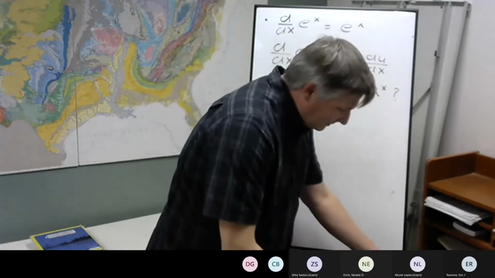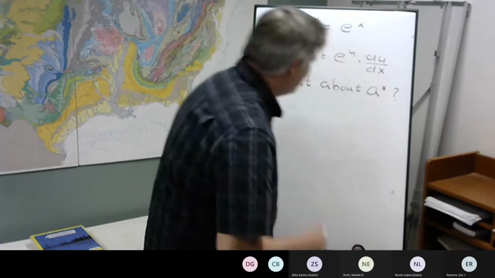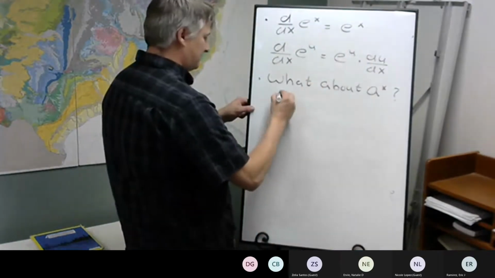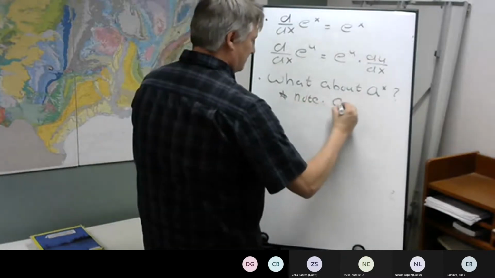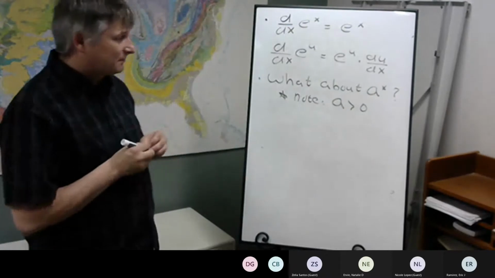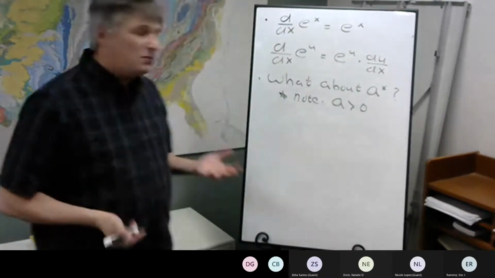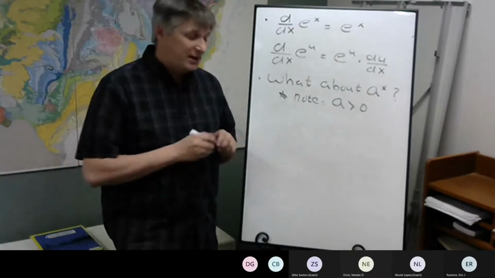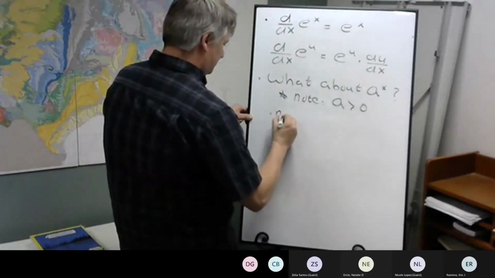So let's say we're going to take a look at a to the x. I'll just make a note here. We want to make sure our a is greater than 0. So to do this one, we're going to kind of come up with a little trick. Note,